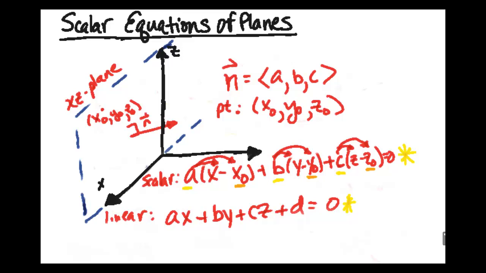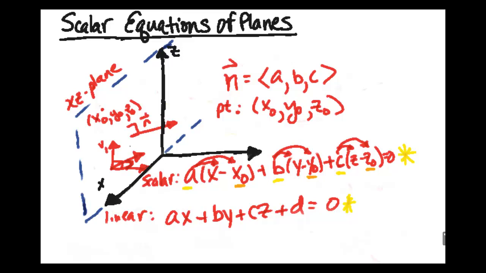Alright? So how can they ask these questions? Well, one way they can ask this question is by giving you two vectors that are on a plane. Well, what you need to remember is that if you do a cross product with two vectors, the resulting vector is perpendicular to both of the original two vectors. Okay? So what that tells you is that